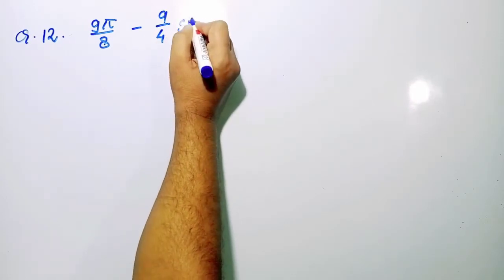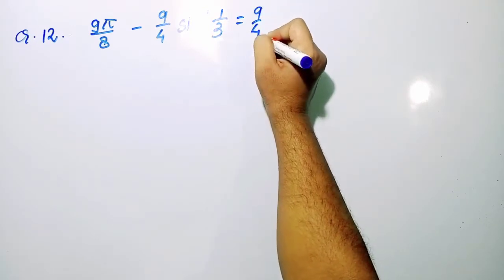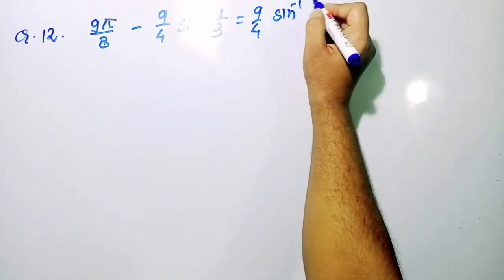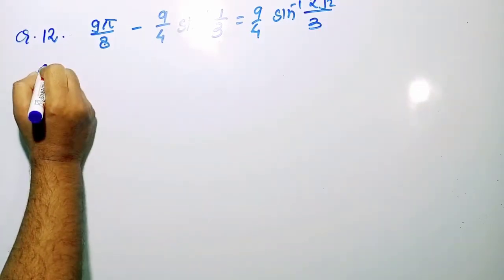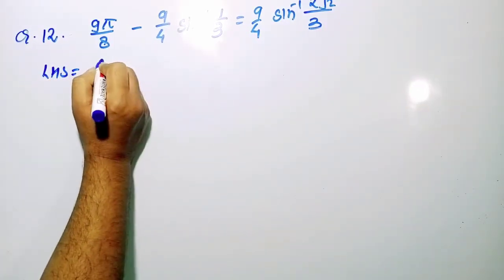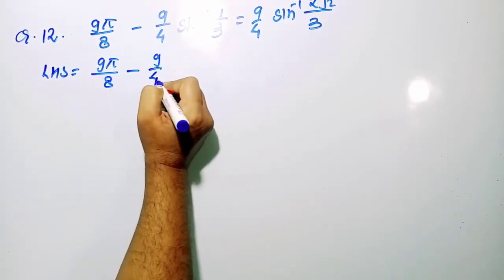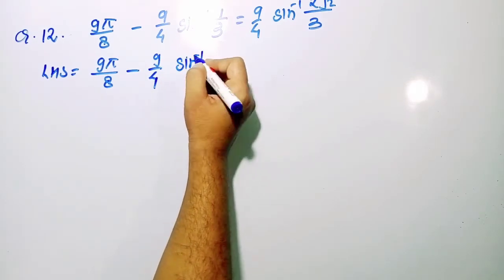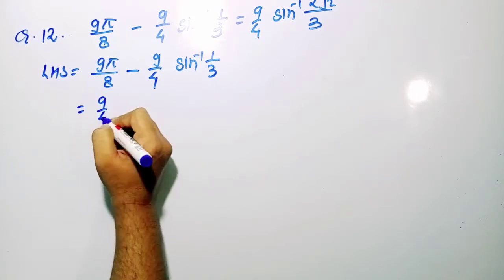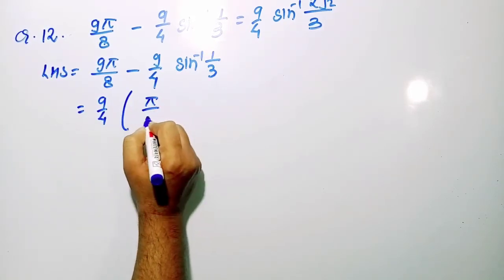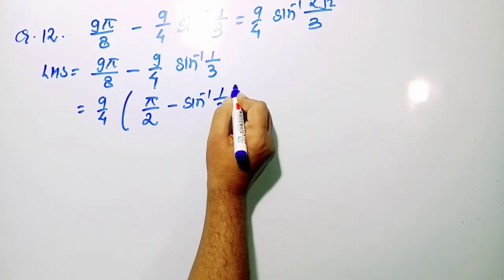9 pi by 8 minus 9 by 4 sin inverse 1 by 3 is equal to 9 by 4 sin inverse 2 root 2 by 3, right? So again considering the LHS term, 9 pi by 8 minus 9 by 4 sin inverse 1 by 3. So 9 by 4 will be common, so we are getting pi by 2 minus sin inverse 1 by 3,